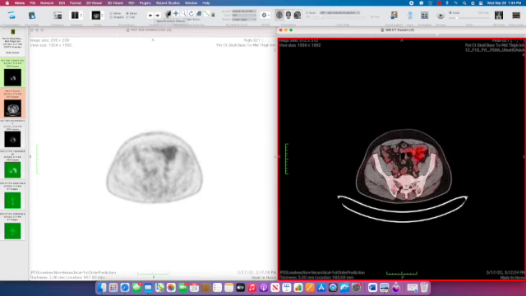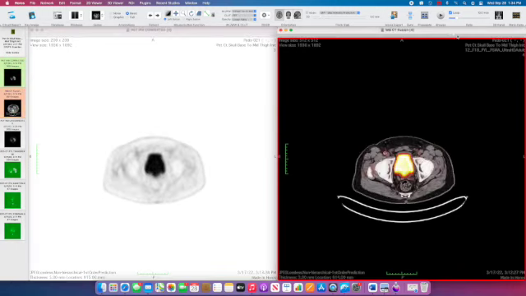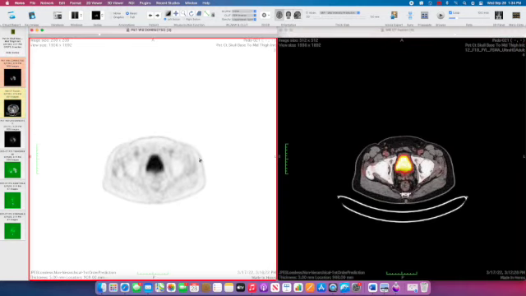You also saw some physiologic uptake in the solid organs in the upper abdomen. So this tracer is excreted into the urine, so there is some activity in the urine, but if we go just below the bladder and look at the prostate,